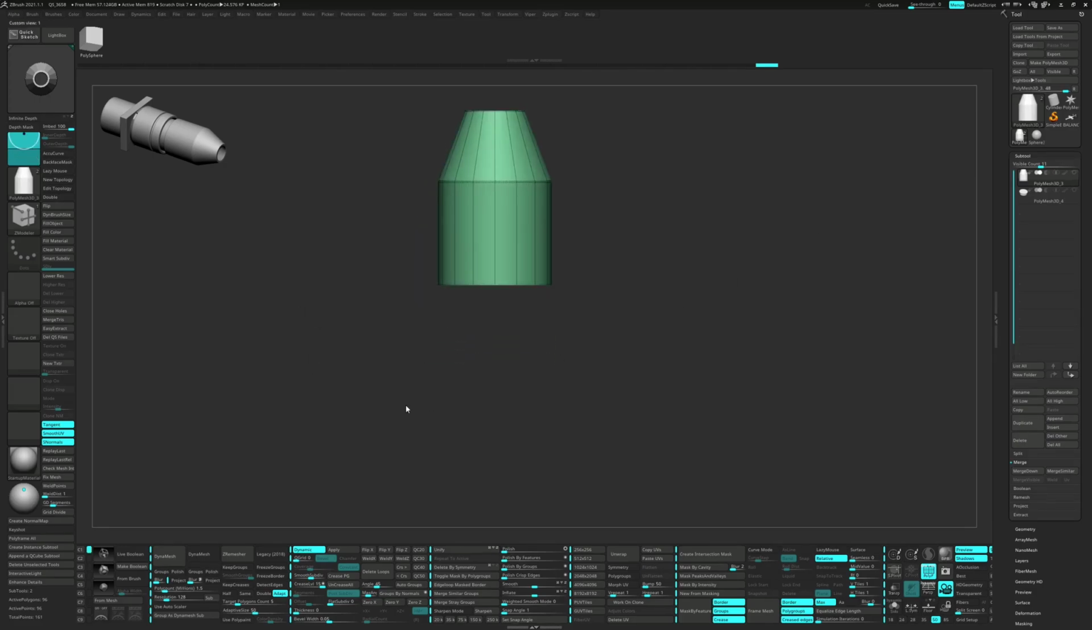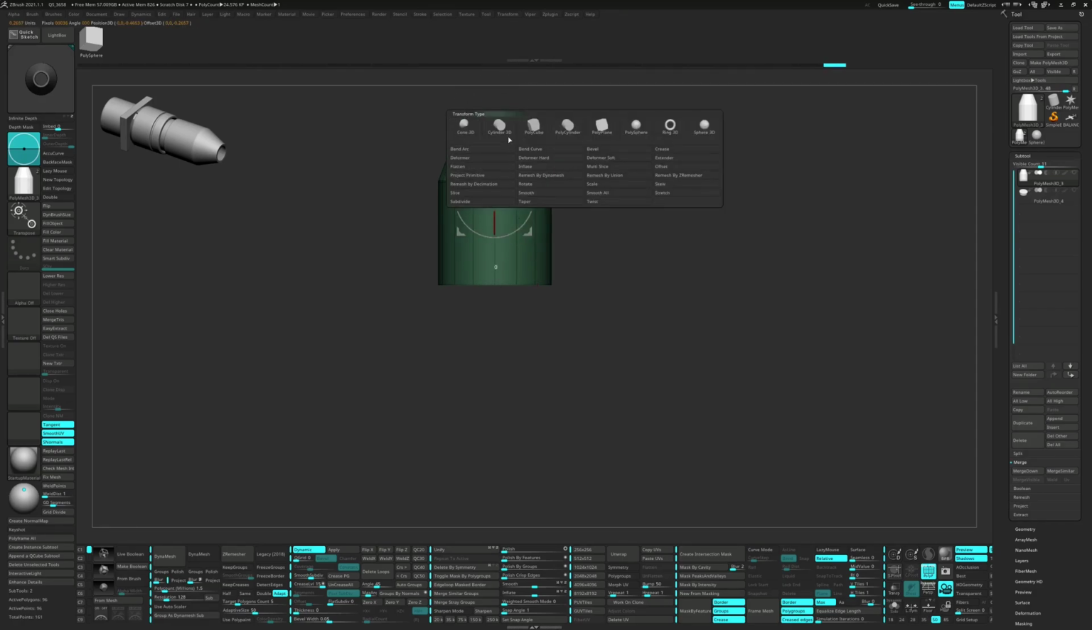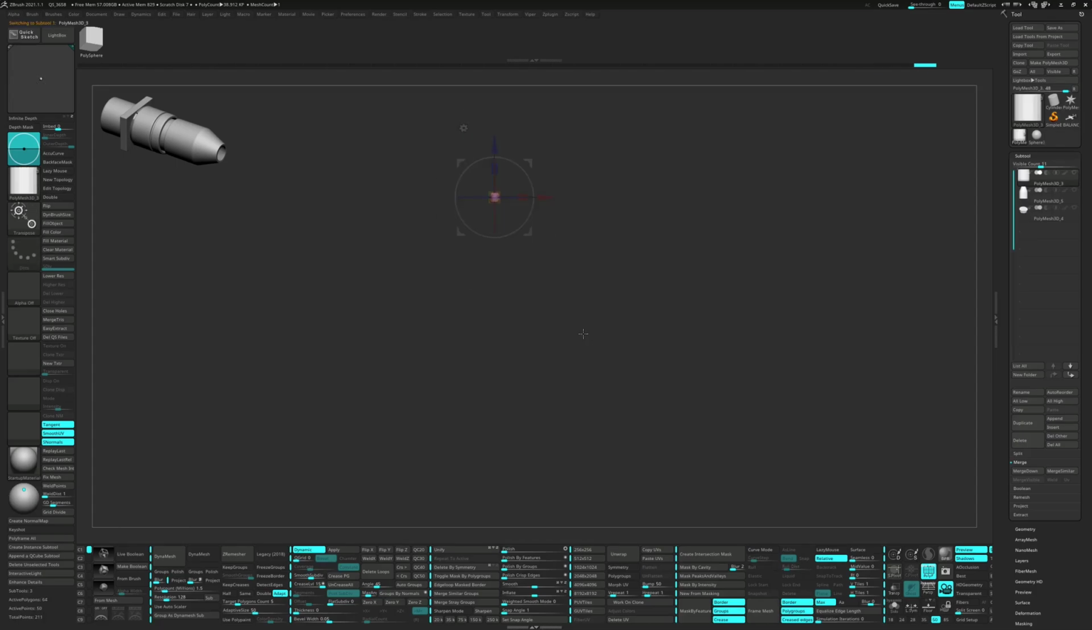Turn on dynamic and mask the model. Bring in the cylinder from the gizmo, invert the mask and split unmasked points. Move it down and scale it up, then delete the middle edge loop. Let's press QC50,